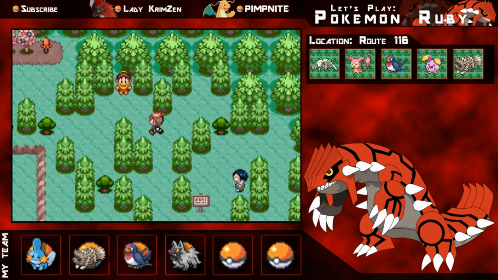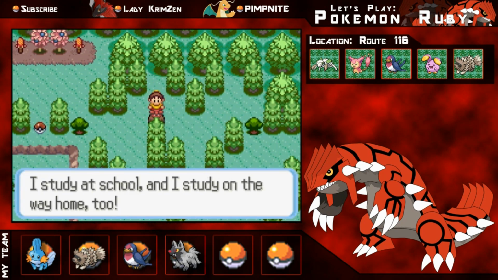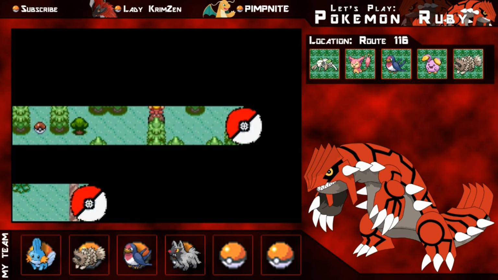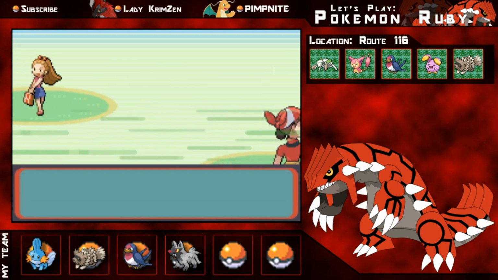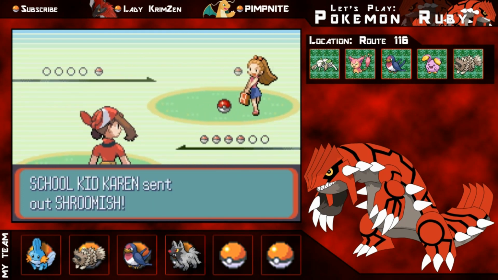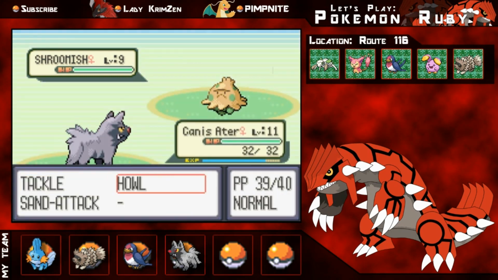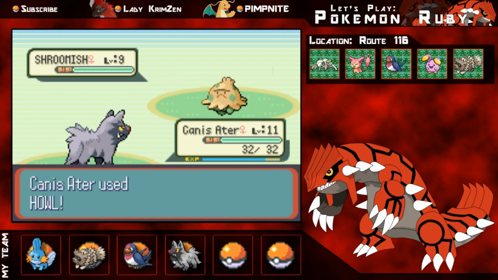So I'm just going to head over here for the last trainer battle for this route. It's another school kid, and it's a female this time. School kid Karen would like to battle. She sends out a Shroomish, and I go for Poochy. Now this was a bitch of a battle. I start off with a Howl, thinking, yeah, this is going to be pretty easy. So Shroomish goes for the Absorb, which steals some of my HP to use for its own. I go for the Howl again,